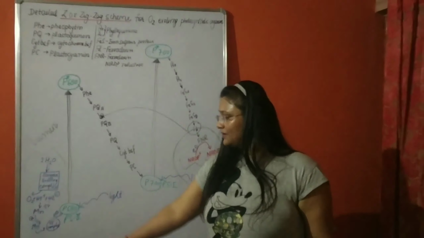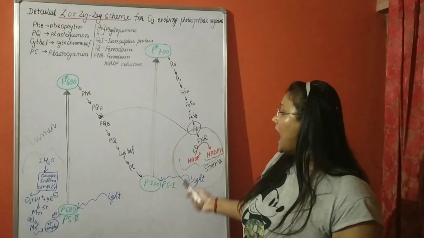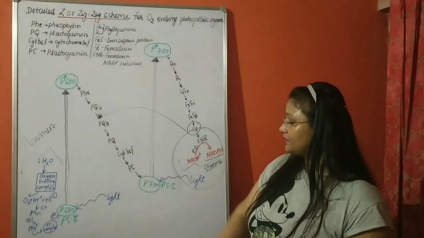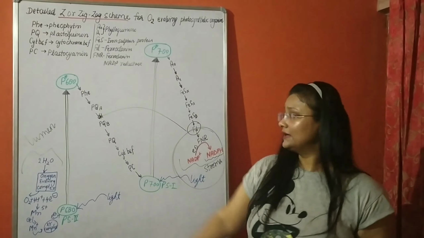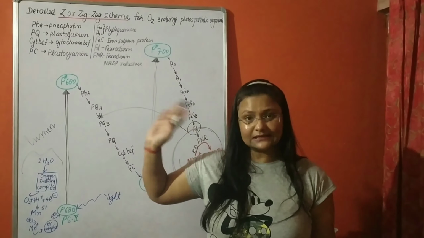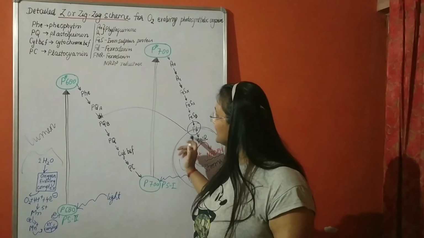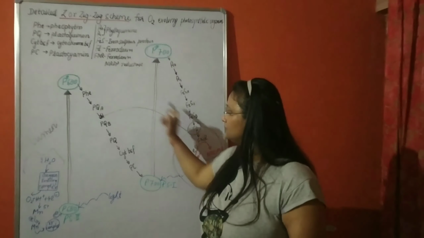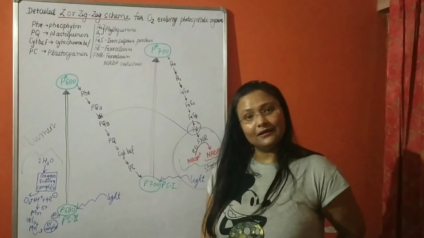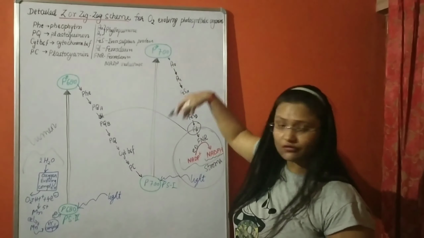So manganese is unable to pump other electrons, and because of this NADPH formation and electron transport is blocked, but ATPs are still synthesized because H plus is pumped. We will discuss that now. I'm just giving you an idea that in cyclic ETS, one electron is circulated from ferredoxin to plastoquinone again and again. But in non-cyclic ETS, all the 4 electrons are utilized.